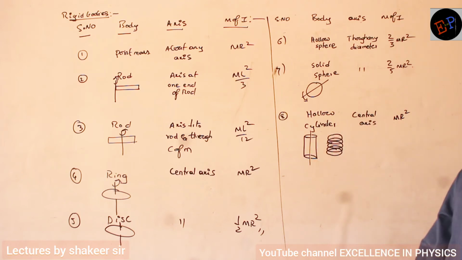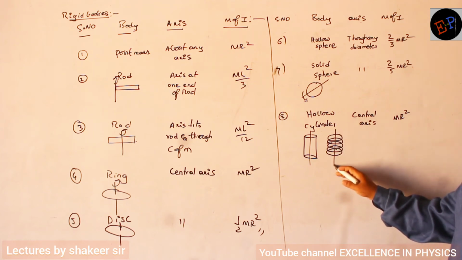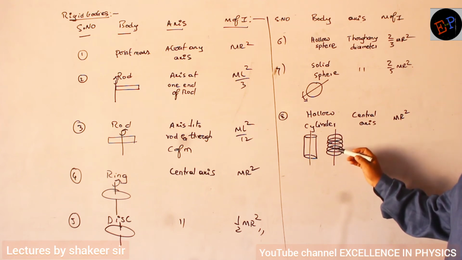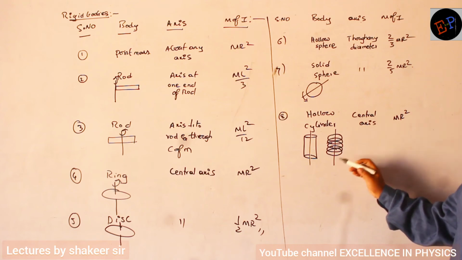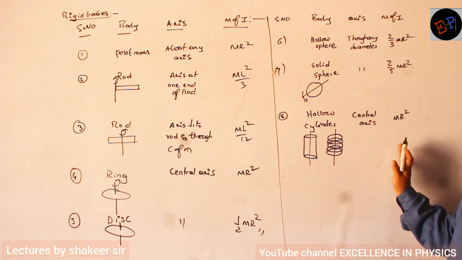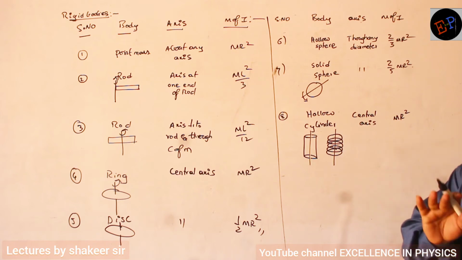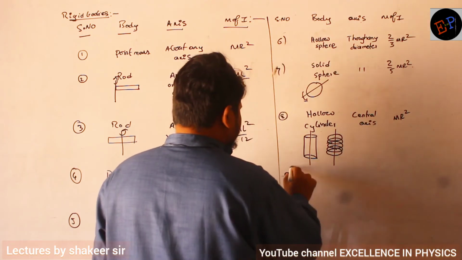That's it, no? So for the moment of inertia of a ring, what is the formula? mr square. For the second ring, mr square. Third ring, mr square. Fourth ring, mr square. If the total mass is m, then the formula is mr square. Therefore for a hollow cylinder also, moment of inertia remains mr square, the same equation as a point mass. Are you able to understand? That's it.